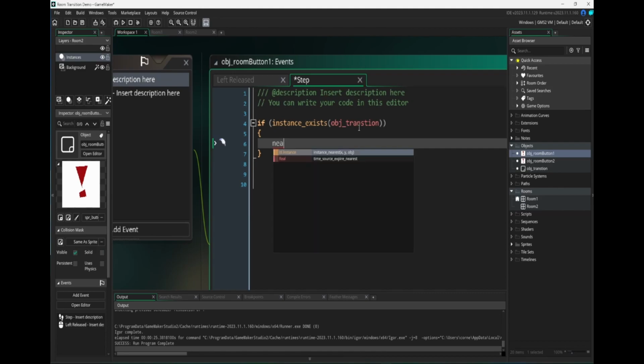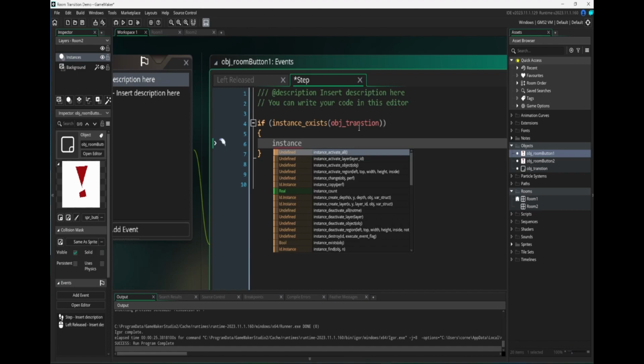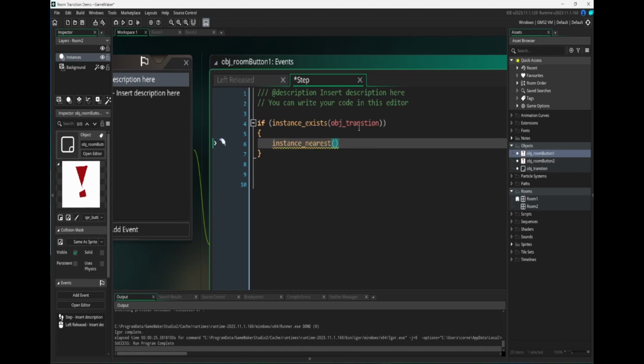And for that, I just like to use instance nearest xy, then object transition. And I just realized I forgot to put that in an if statement. So if the nearest, or hopefully only, transition handler has change set to true,